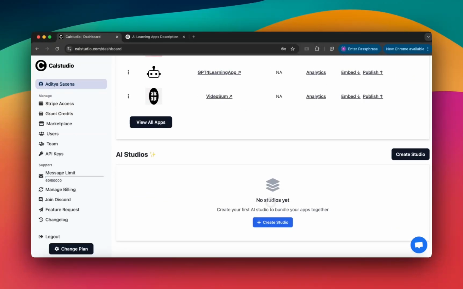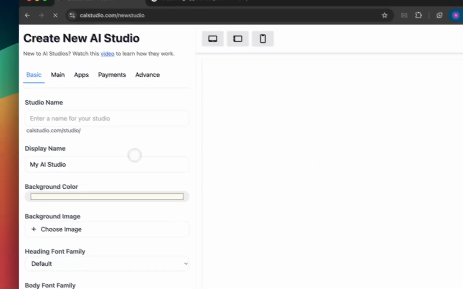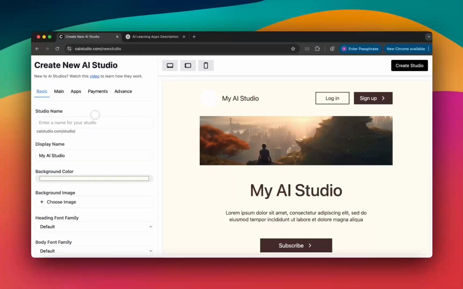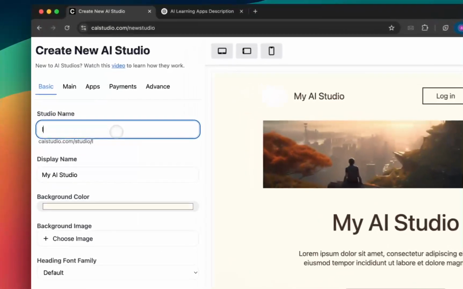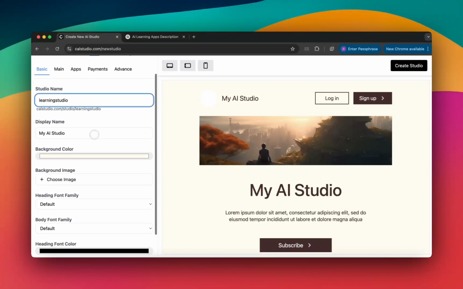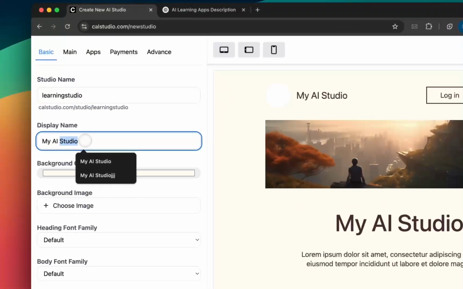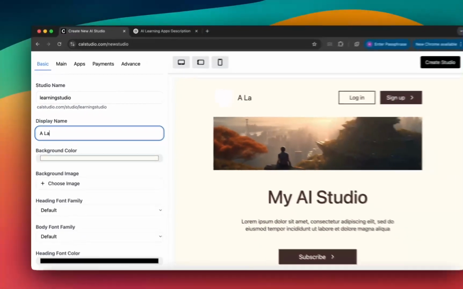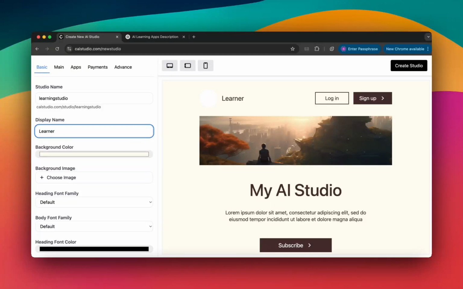So what I'll do is I'll go to this Create Studio button, and over here, this is going to be my studio page. Now, the first thing I need is a studio name. I'm going to be making a studio that is focused on providing learning apps to users. So I'm just going to call it Learning Studio. And then for display name, I'll just say Learner AI